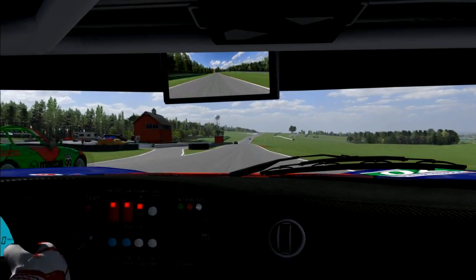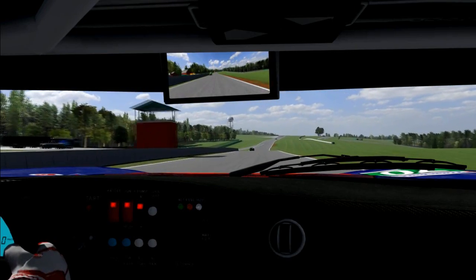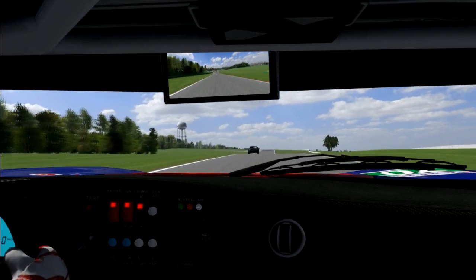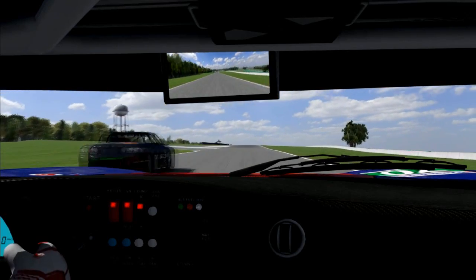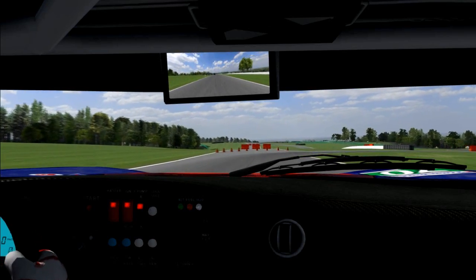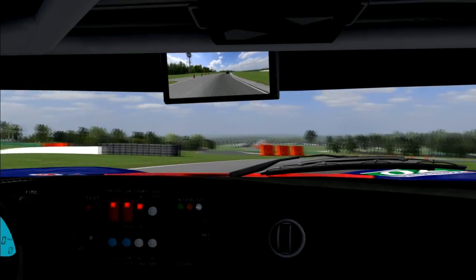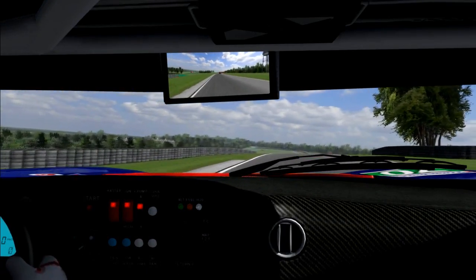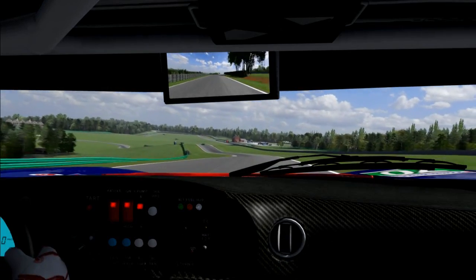So on to one of the first back straights then, a prime slipstreaming opportunity. Everyone here will be looking to try and get the maximum draft off the back of their competitors as they go up the hill before pretty much blind braking into a corner. You have to guess and have your wits about you if you've never driven this circuit before. Sweep it right round, so easy to lose the back end there, but luckily nothing stopped Billy Smith there from